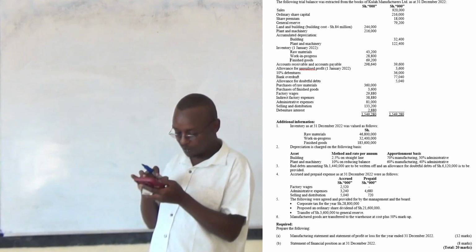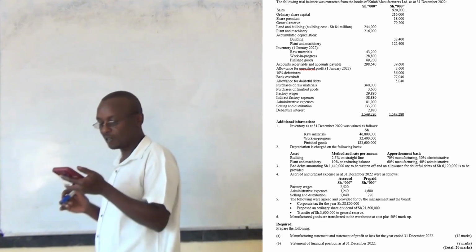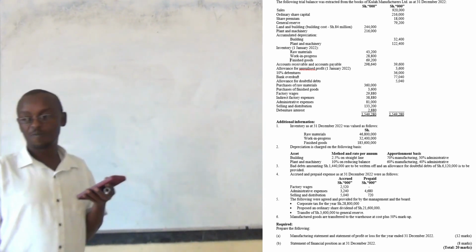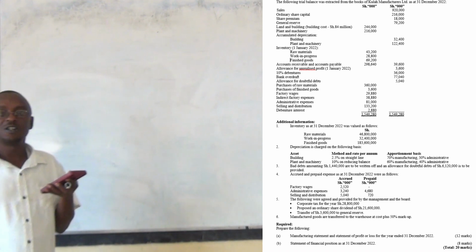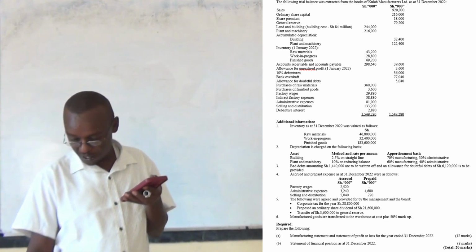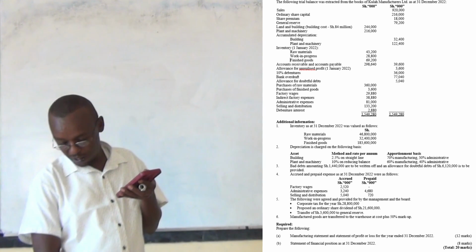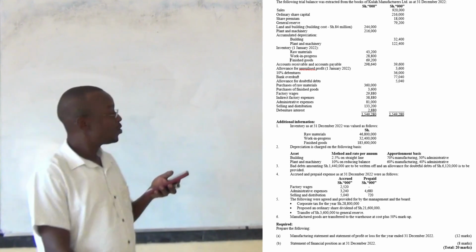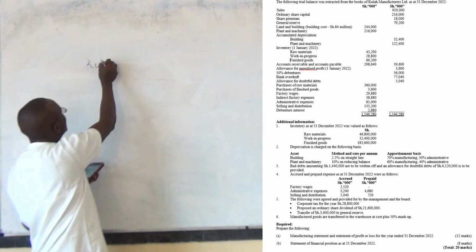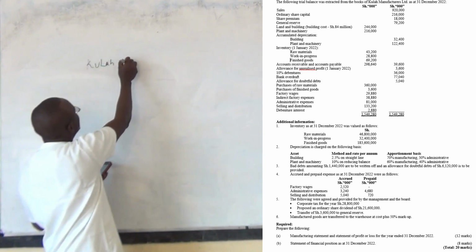There is corporation tax. Then we are required to prepare the following: manufacturing statement and statement of profits and loss. So generally, this is how the question on manufacturing comes in KASNEB exams. So you start with the name of the company, Kura Manufacturers